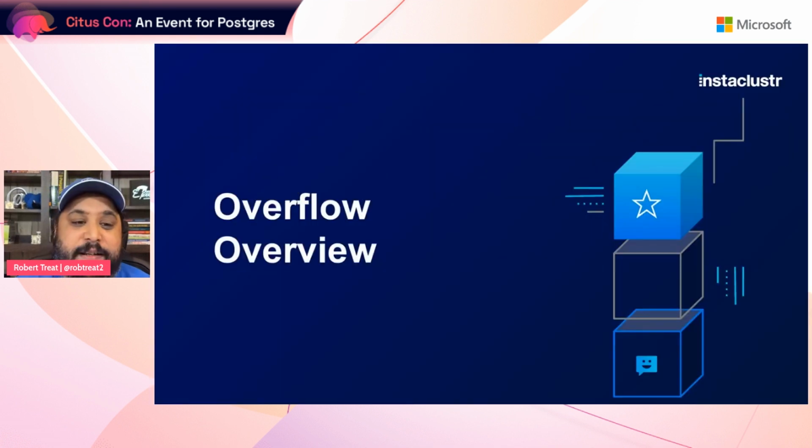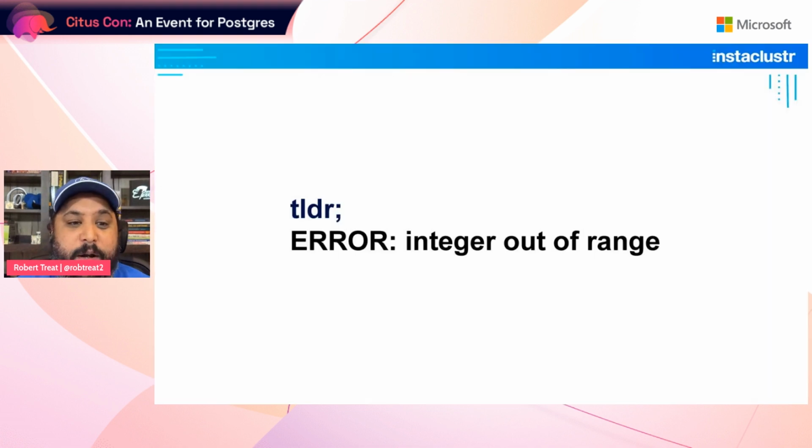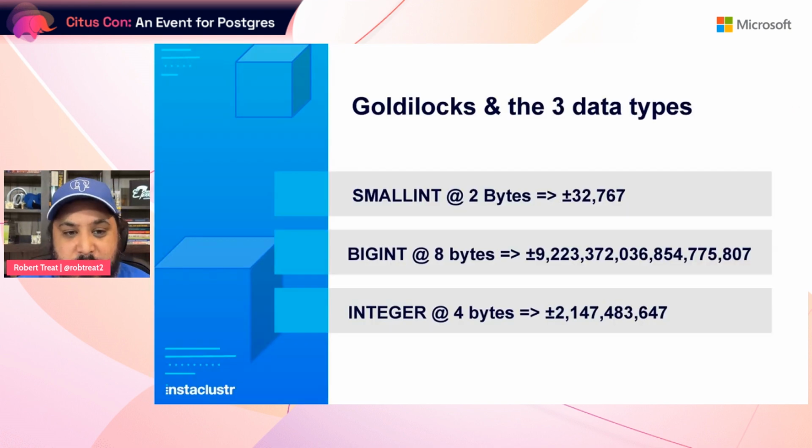So with that said, let's get into the problem that we're talking about. The quickest way to sum this up is that a lot of times you'll see this error message: integer out of range. It's pretty popular. If you Google it, you'll find examples of this. I would say this technique can be used for other problems, but the basic one we're going to look at today revolves around integers and numbers, and it's an issue that really is in the Postgres community more so than other databases.